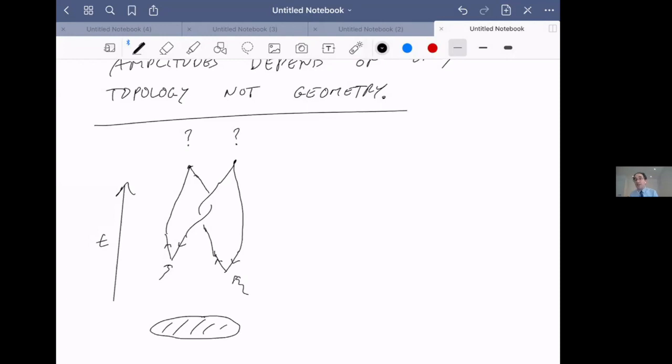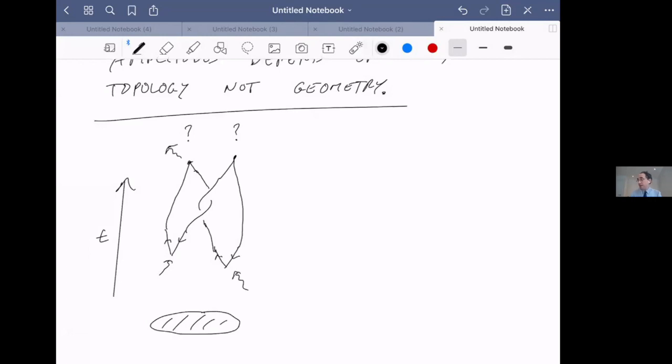Now, there's several things that can happen. One thing that can happen is that they can emit their energy back in, the way that it came in. It can re-emit a photon or something like that, or a phonon, get rid of the energy, and return the system to the same ground state that it started with. So you get back the original ground state that you started with. But another thing that can happen is that it can form some sort of bound state, like this, that refuses to re-annihilate back to the vacuum. Both of those things are possible. So you can either get annihilation, or you can get bound state formation.